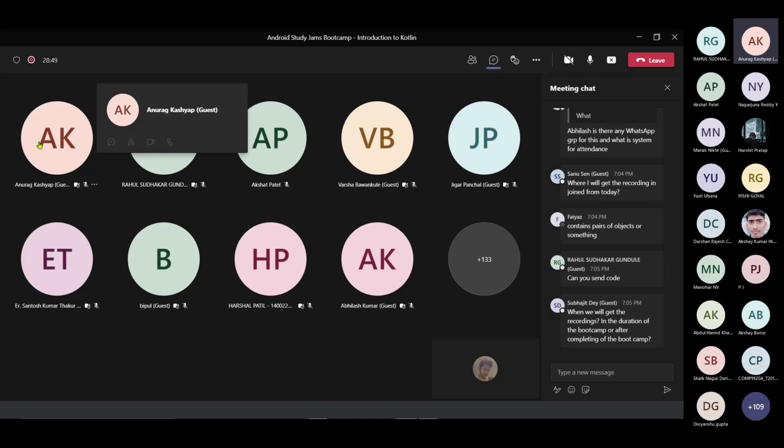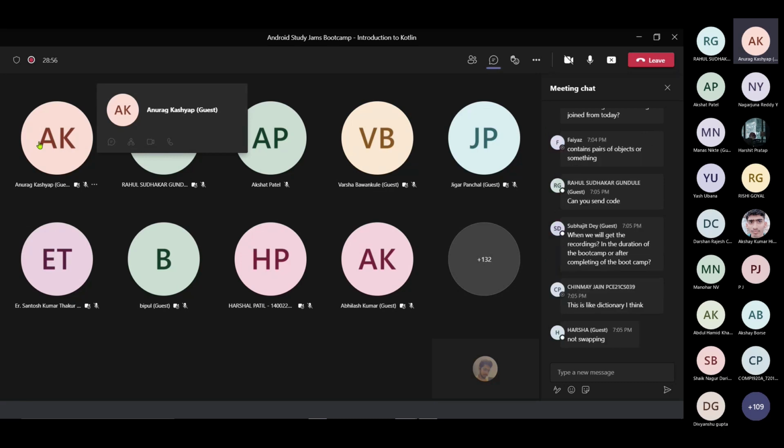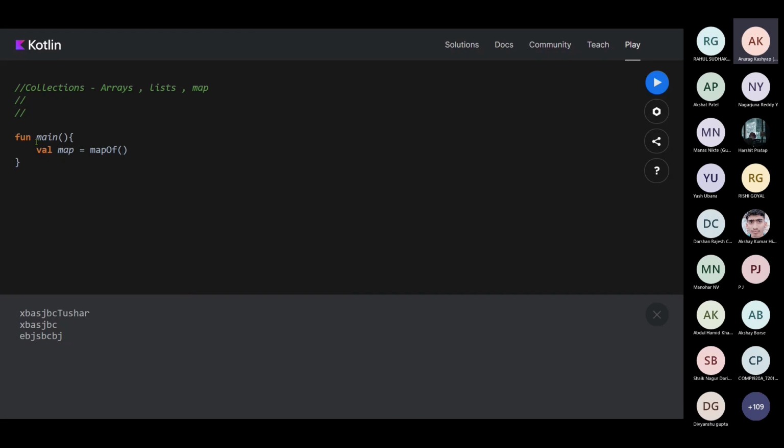So for example, I have a sister. So I am related to my sister. We both are related. That's what we are trying to specify. This is related to this. So same over here. What we write is 1 to Tushar.